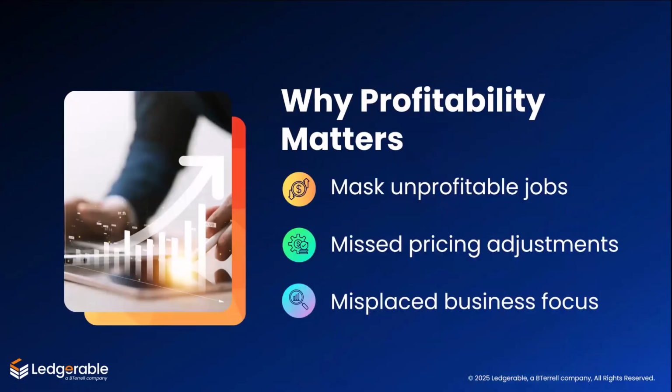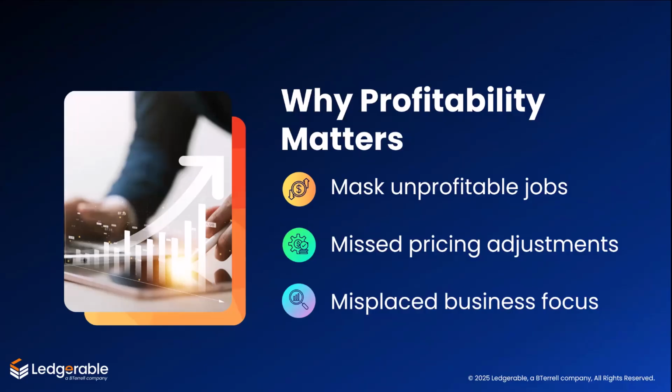Here's what happens when profitability isn't tracked at a detailed level. A contractor might celebrate a strong 20% overall margin, only to discover later that several jobs actually lost money. Without visibility, you can't adjust pricing for an unprofitable service line. You might keep chasing clients who are dragging down the margin while ignoring the ones who deliver consistently stronger returns. This is like driving with your windshield painted over. You can see the end result, but not the road you took to get there.